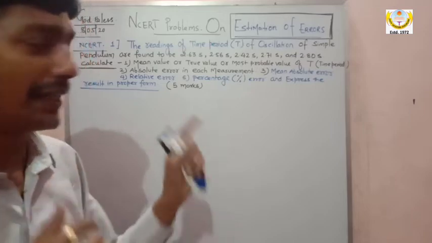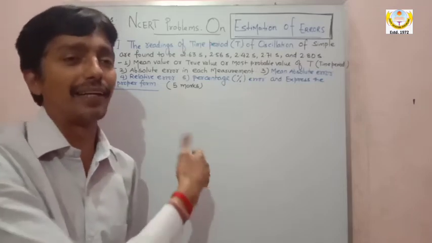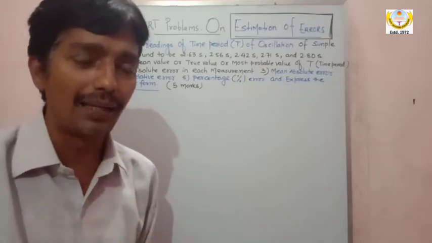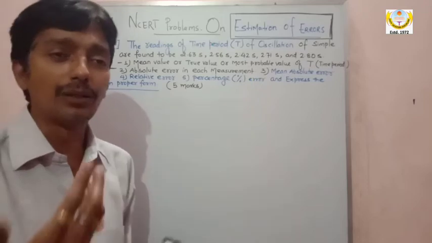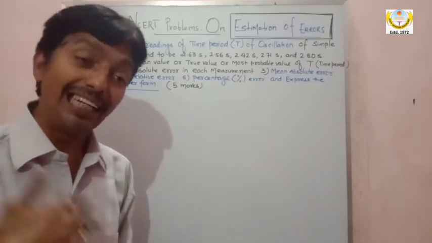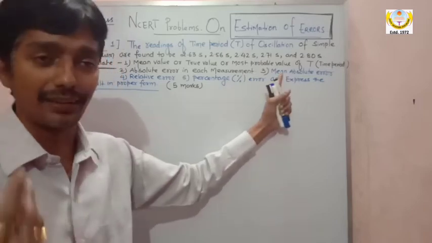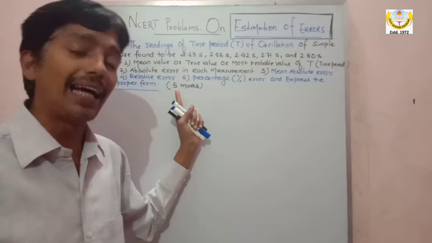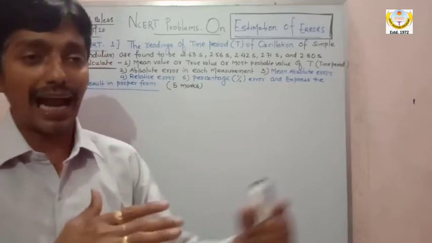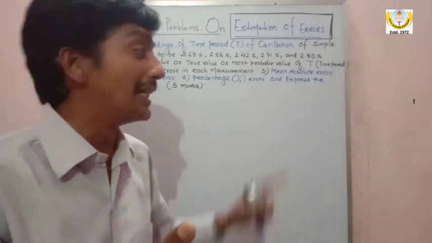And after calculating these 5 readings, we will estimate the error by calculating the true value or mean value or most probable value, by calculating the absolute error in each measurement, by calculating the mean absolute error, that is, the average absolute error, then by calculating the relative error, and then at the end we will end up calculating the percentage error in the measurement of